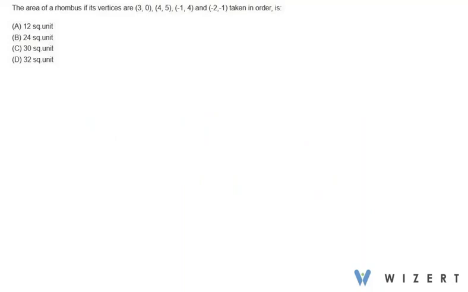We have this question here. The area of a rhombus if its vertices are (3, 0), (4, 5), (-1, 4) and (-2, -1) taken in order is. Now we know area of a rhombus